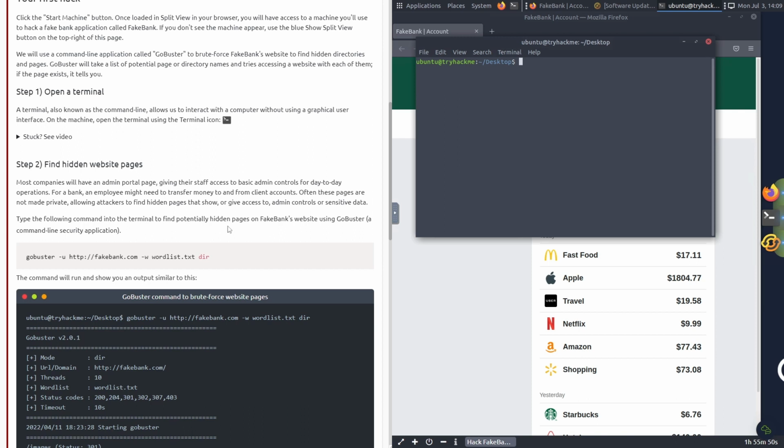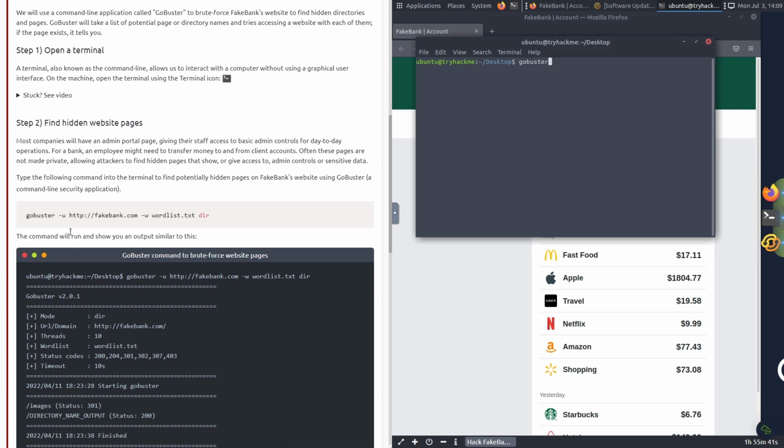to find the potentially hidden pages on Fake Bank's website using GoBuster. To do that, we're going to type gobuster first, again just copying from the command down here. GoBuster is the tool, specifying the tool that we want to use. -u is going to be the URL that we want it to test against. In this case, it's going to be http://fakebank.com. Then -w, which is going to be us specifying the word list that we want to use to actually